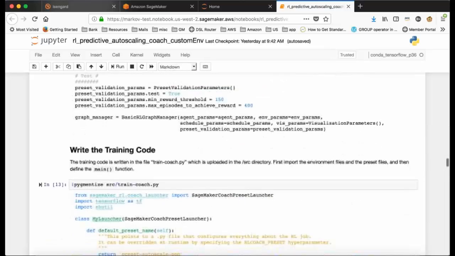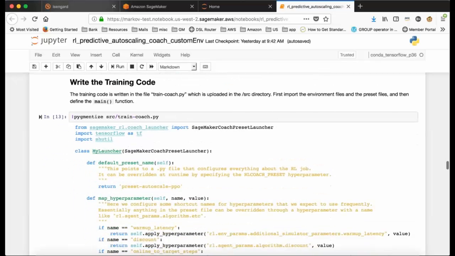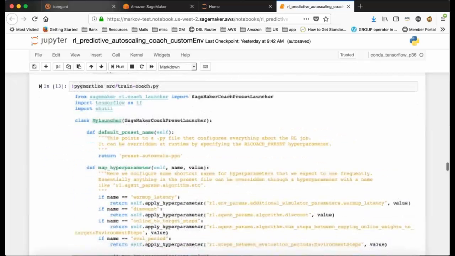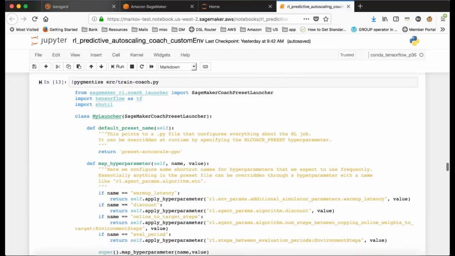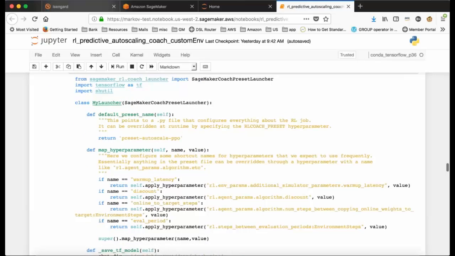So moving on, the training code itself, again, there are quite a few functions that I can go into the detail here, but one particular function that I would want to highlight in this case is this one called map hyperparameter. What it does is you can use it to configure some shortcut names for the hyperparameters that you expect to change